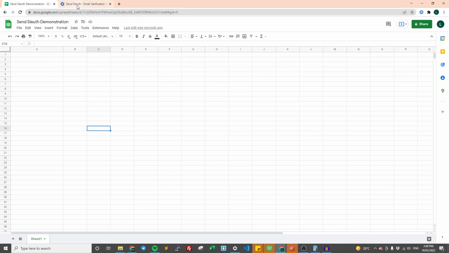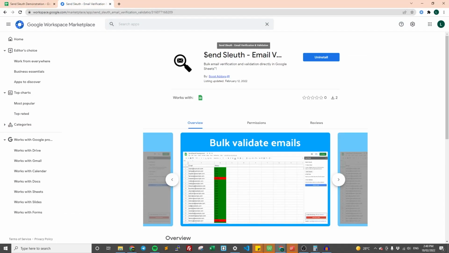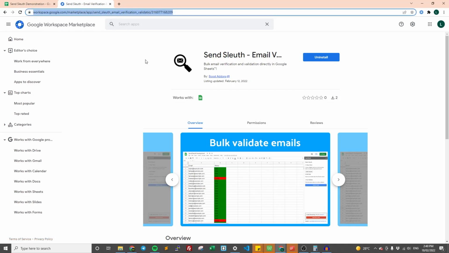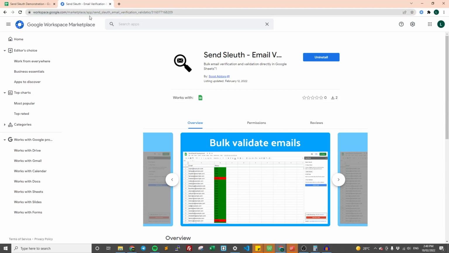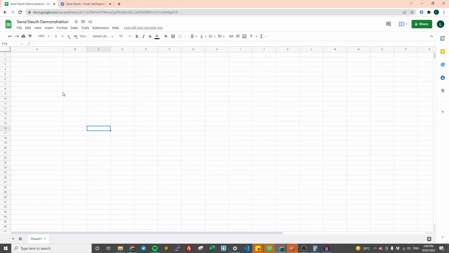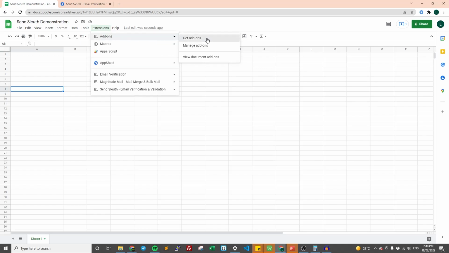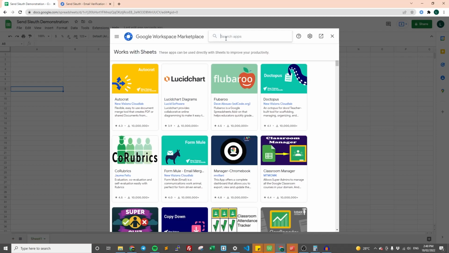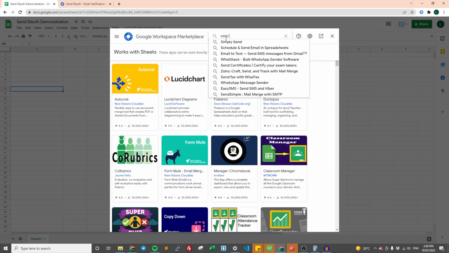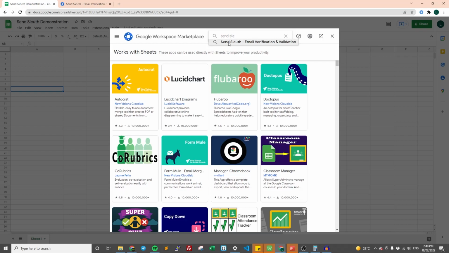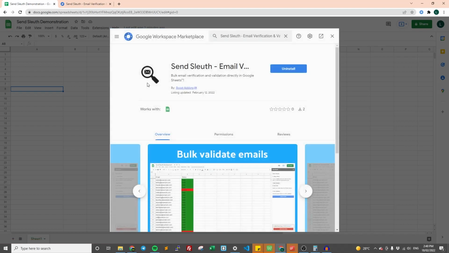The first thing you're going to need is the Sleuth Google Sheets add-on. This can be installed from the Google Workspace Marketplace. I'm going to leave the link to this in the description so you can just install it there. Alternatively, you can install it directly in Google Sheets by opening up a sheet, going to Extensions, Add-ons, Get Add-ons. Wait for this to load, then just search up Sleuth,